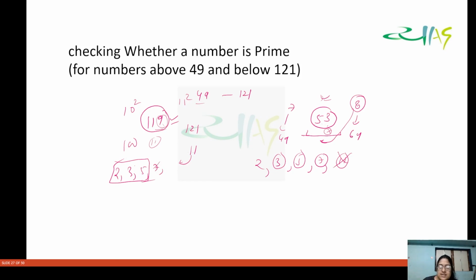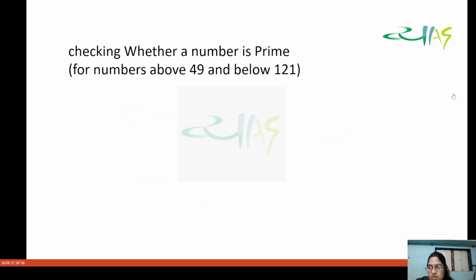ओके, 7 से चेक कर लेंगे। 7 1 7। ओके, एंड देन यू हैव व्हाट 49 एंड 7 7 49। ओके, सो हमको मिल गया कि 7 से डिविजिबल है। ओके, 7 7 49, 119। सो दिस इज नॉट अ प्राइम नंबर। सो दिस इज हाउ यू चेक इट।